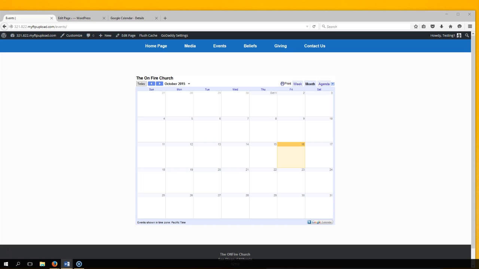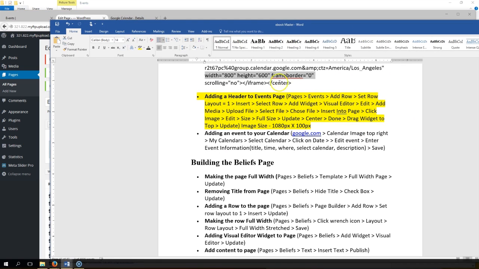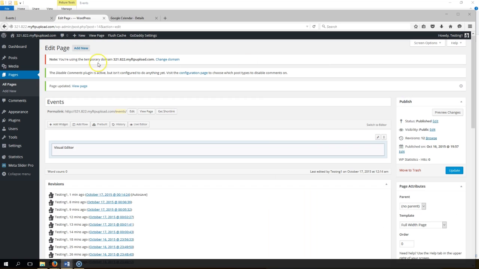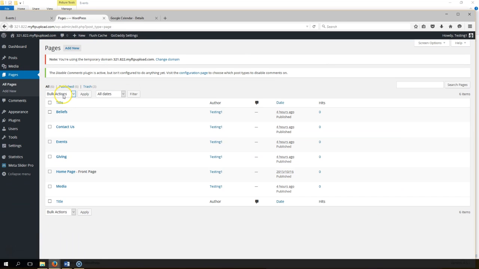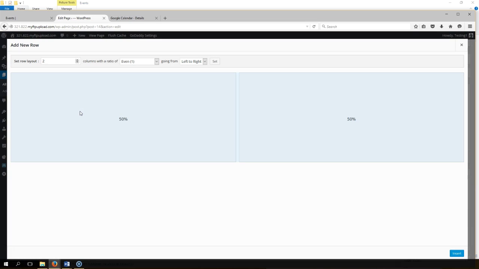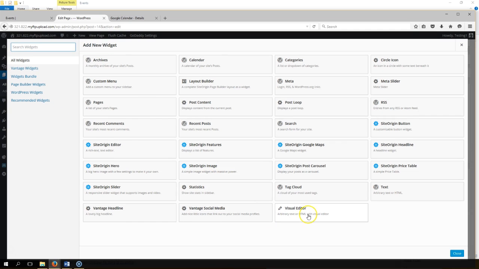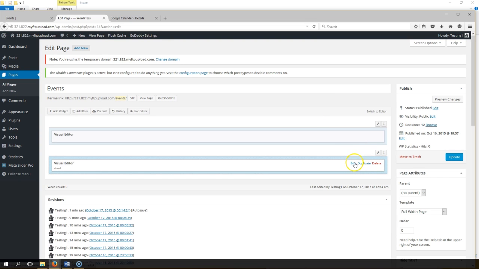Now, adding a header to the events page, let me show you how to do that. Okay, and just so we're on the same page, we're right here, adding the header to the events page. Let's follow those instructions. It says you go to Pages, Events, Add Row, Set Row Layout. We're going to set it to 1. Hit Insert. You want to select the row, add a widget, and we're going to do Visual Editor, our faithful widget. Click Edit,